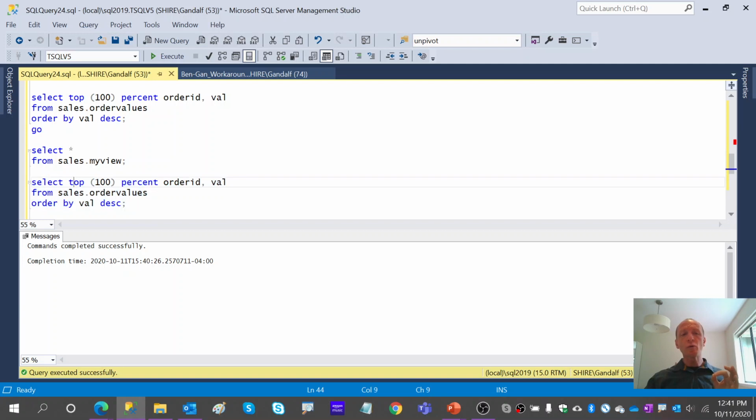Theoretically, Microsoft could have used a different design for TOP, and the same goes, by the way, for the standard OFFSET-FETCH filter, which is designed very similarly in the connection that it has to the ORDER BY clause. These tools could have been designed with their own ordering specification, like with window functions, not confusing it with presentation ordering. So if I wanted the 3 rows with the highest values, I would have written like this. And instead of a presentation ORDER BY clause, imagine if I could just say here, ORDER BY value descending. This would have been a much better design for us, because we would then have full control.